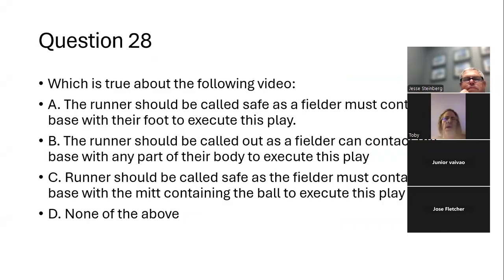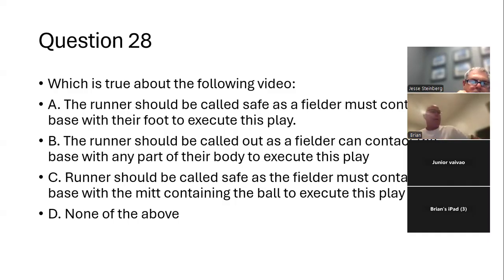If the player's standing up and they catch the ball in their glove and their foot's on the base, right? That's a legal out, correct? It's a force out. It's not a tag. A tag, if she tagged with the bare hand and had the ball in the glove, then we have nothing. But on a force out, any part of the body can touch the base and we get credit for the out. We don't want to make this mistake. You can't touch with your bare hand and tag a runner out with a ball in your mitt. Right. But that's not the case here because it's a force out.